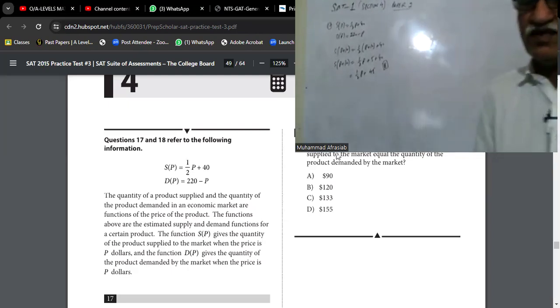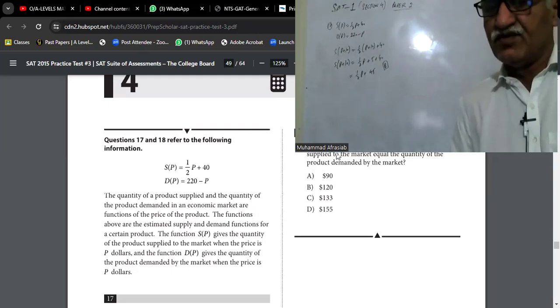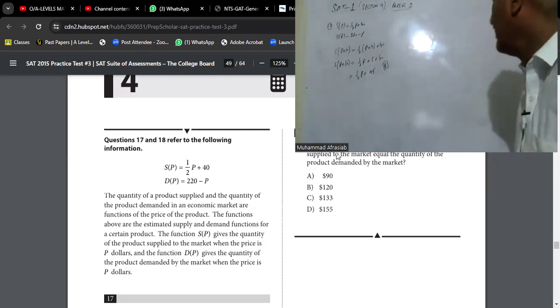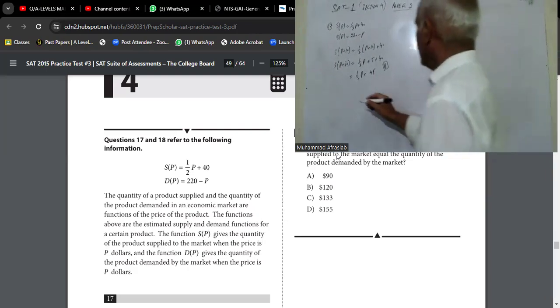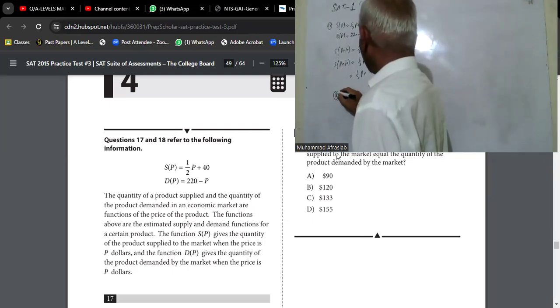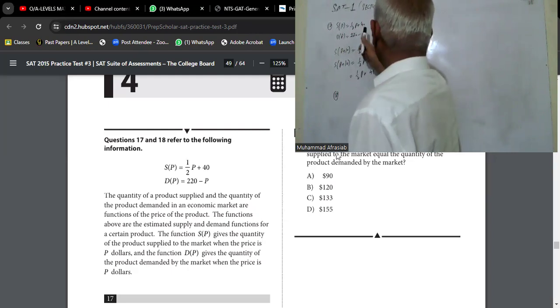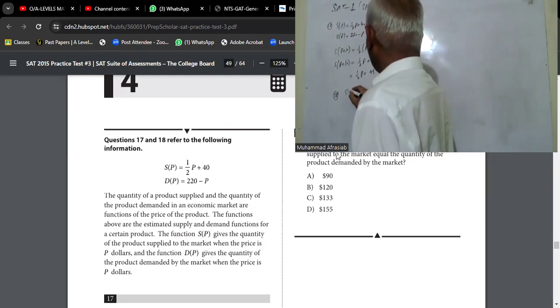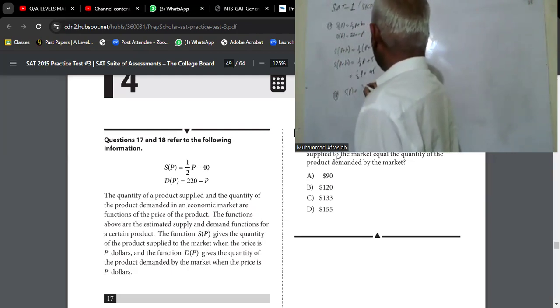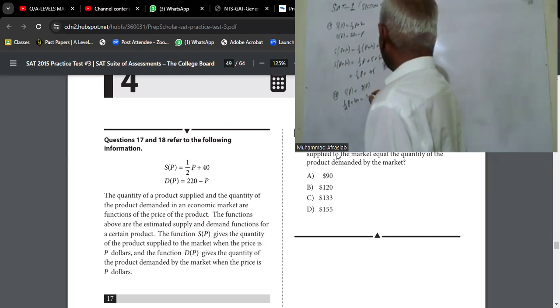So here we have to find out when the quantity of the product supplied to the market equals the quantity of the product demanded. So for question number 18, the product supplied, half P plus 40, is equal to the demand for this product. So it should be half P plus 40 is equal to